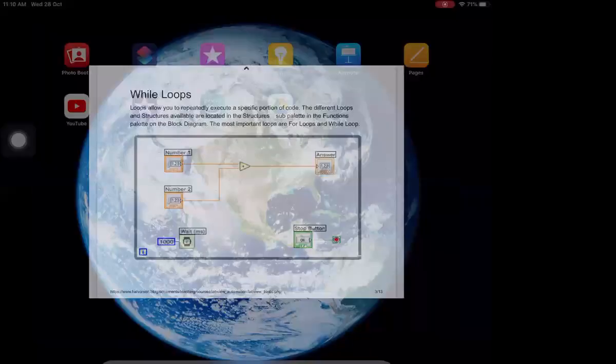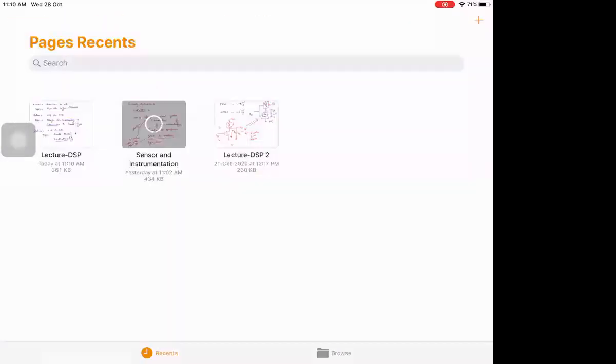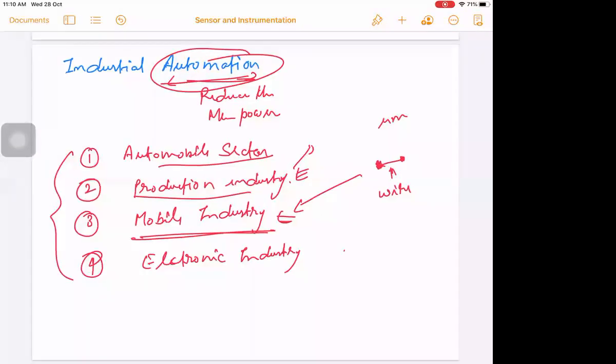Before that, firstly, let me draw the flow chart. If I talk about the for loop, or you can also take an example of while loop. Just for example, I'm taking the example of while loop.